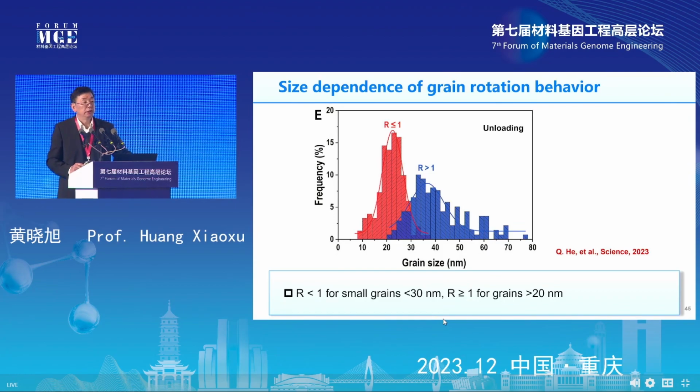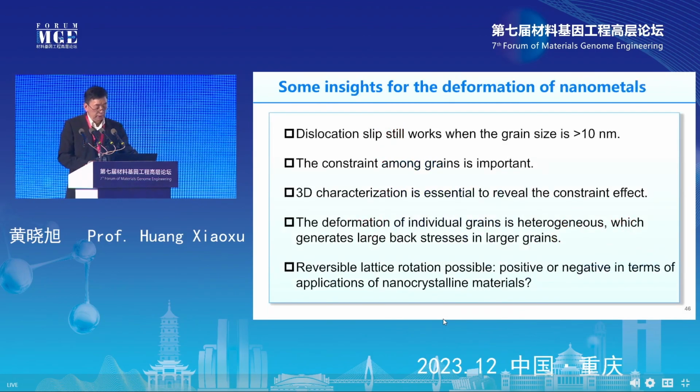Even more surprising, the grains which behave strangely, from which we see the reverse rotation, are the larger grains. Of course, from the back stress generation point of view, it's very natural. It makes sense and is consistent with what we believe. For nanograins, the crystal may rotate back after plastic deformation because of the generation of high back stress,